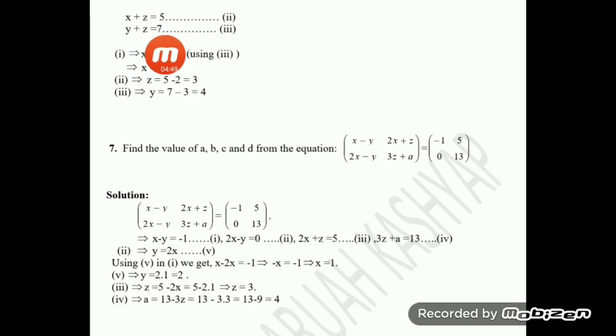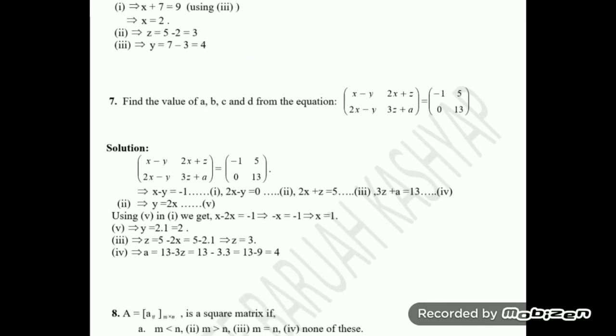That equation one, x plus y plus z. X plus 7 equal to 9. So that gives you x equal to 2. Putting x equal to 2 here, we will get z is equal to 3. Okay? And after that, when we put z is equal to 3 in equation 3, we get y plus 3 equal to 7. That is y equal to 4. So we have got the values of x, y and z.